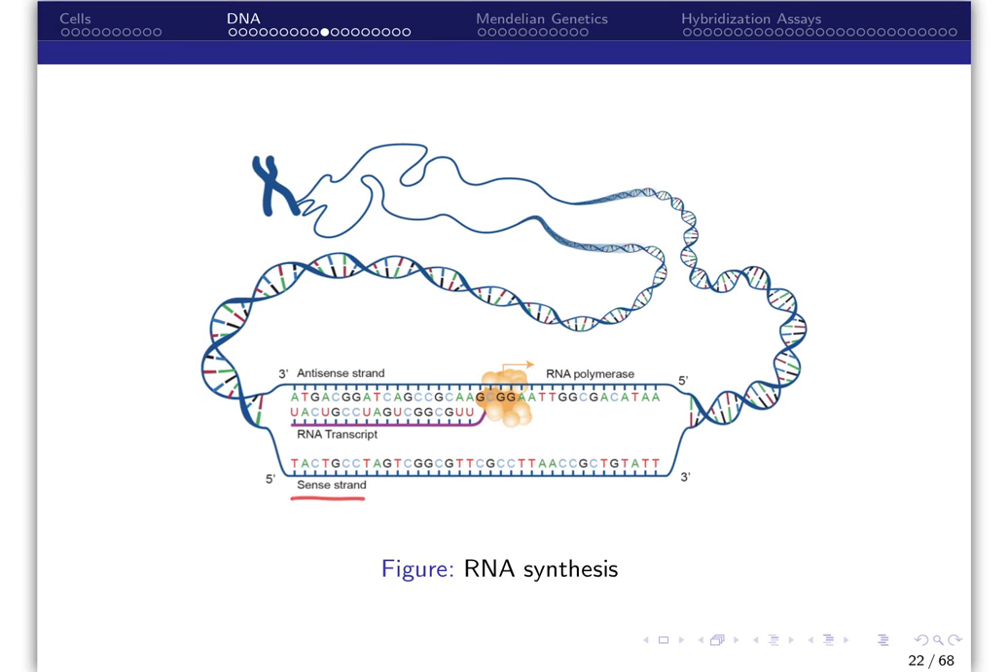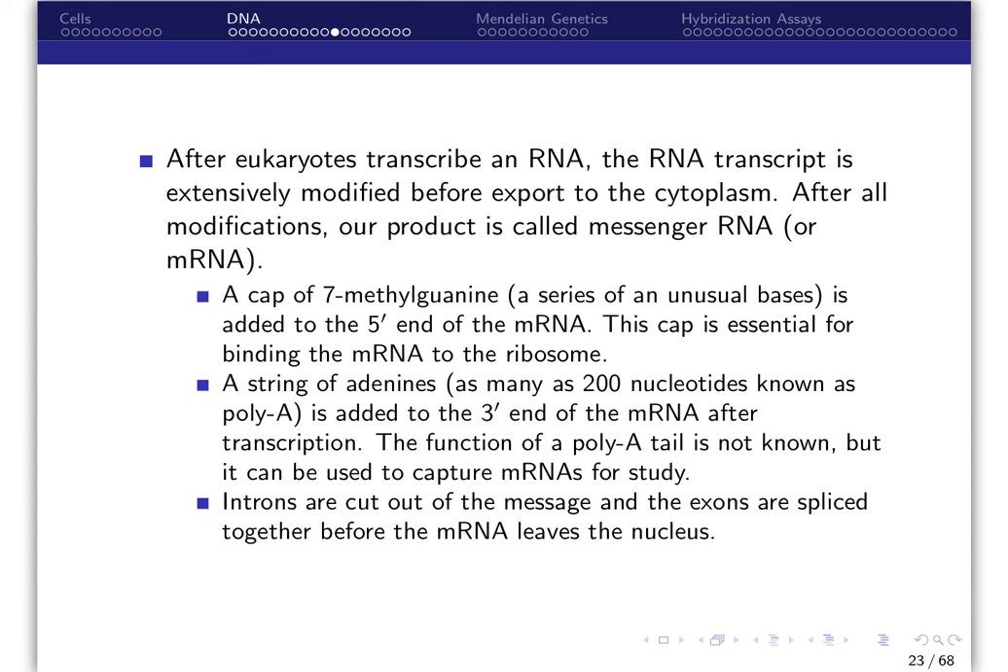The sense strand is the same as the RNA being produced. The antisense strand is the template used to make the RNA product, so the RNA product is the reverse complement of the antisense strand. After eukaryotes transcribe an RNA, the primary RNA transcript is extensively modified before being exported to